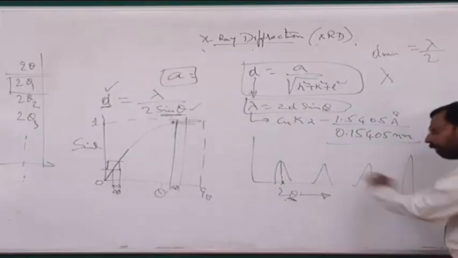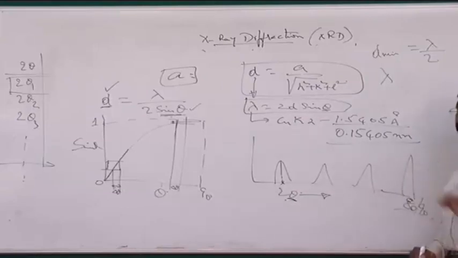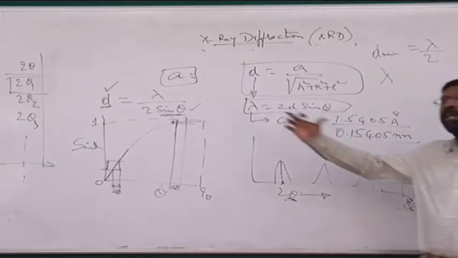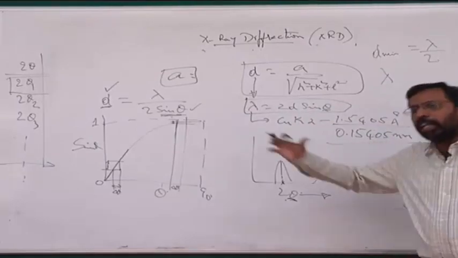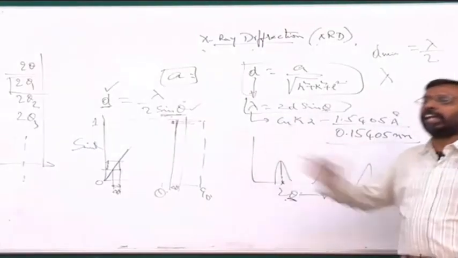peak intensity of the high angle peaks is very small. Sometimes if you have a large background noise, you will not be able to see the high angle peaks. Particularly if you are taking a nanomaterial. Nanomaterials' problem is that there is a lot of peak broadening. And the peak broadening is larger and larger with higher angle peaks.